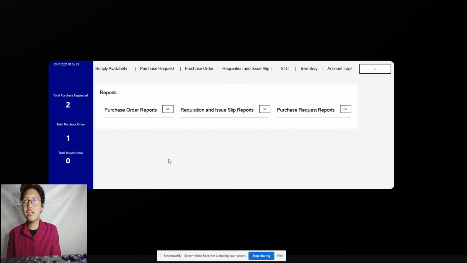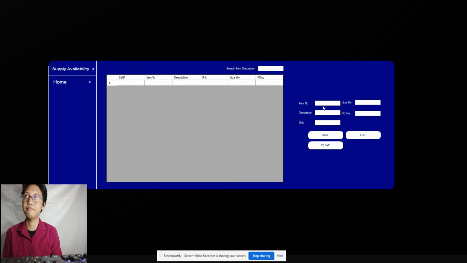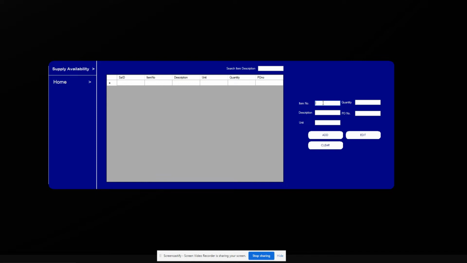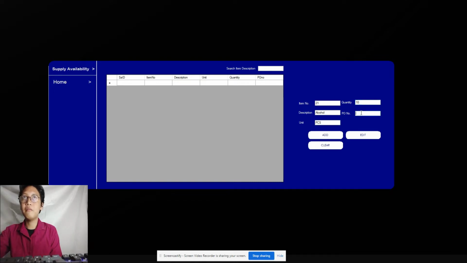Now, here is the dashboard that contains the modules of the inventory management system. First is the supply availability, where it shows the available items in the inventory.